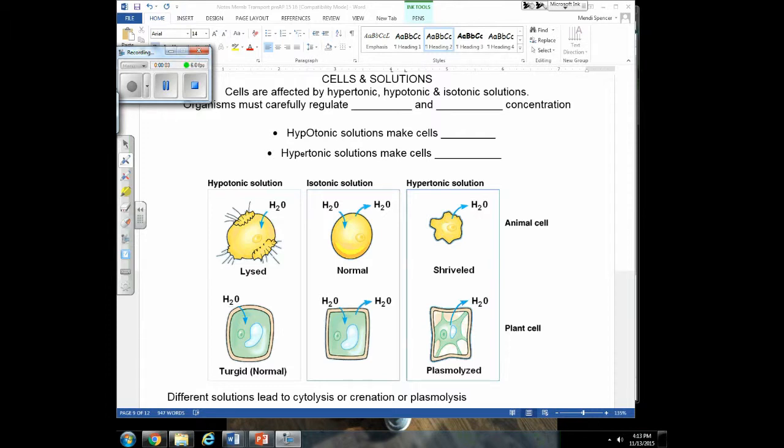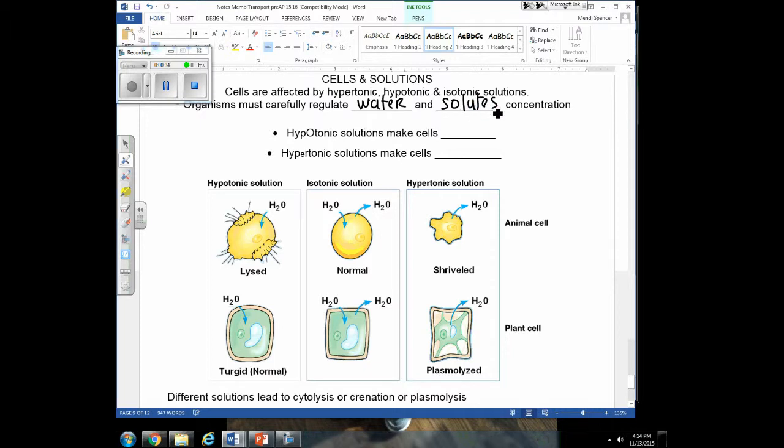Now that we've talked about hypertonic, hypotonic, and isotonic solutions, we're going to talk about how those solutions can affect cells. If you remember, hypertonic solutions compared to hypotonic solutions were solutions that have a higher concentration of solutes in them compared to that hypotonic solution. So it's really important that organisms are regulating exactly how much water they have in their system and what their concentration of solutes are